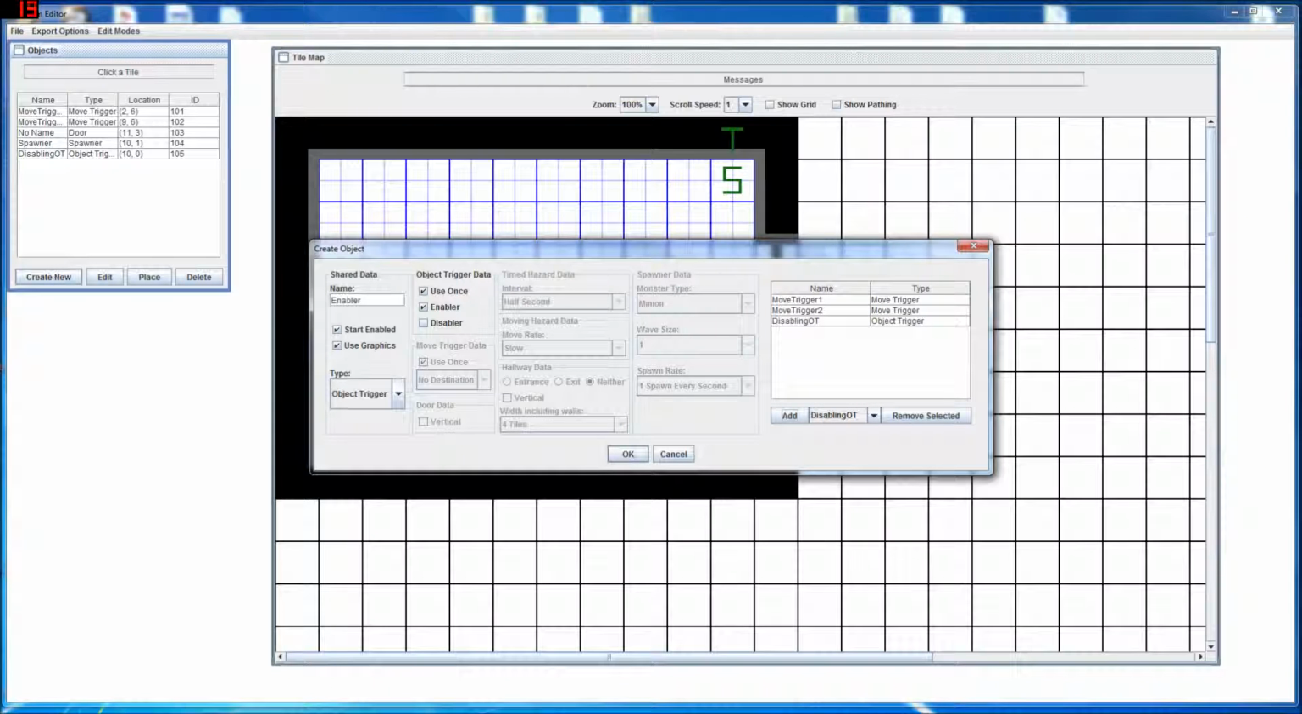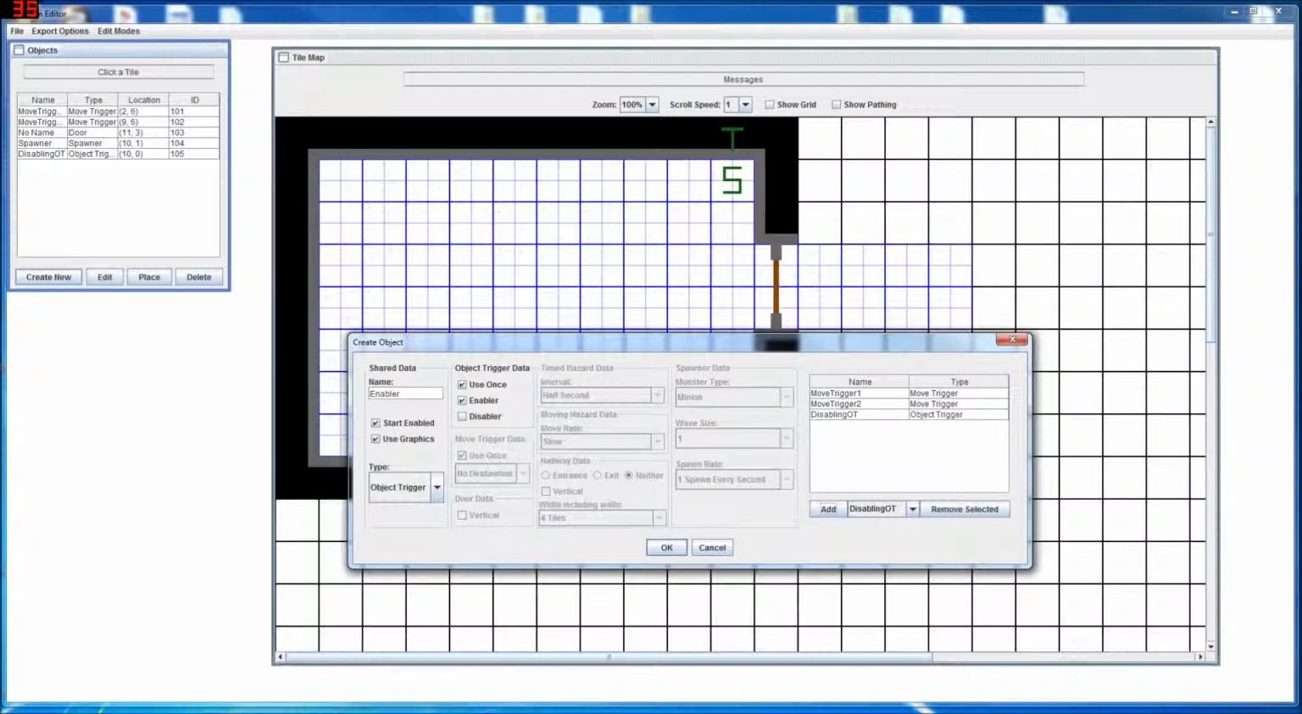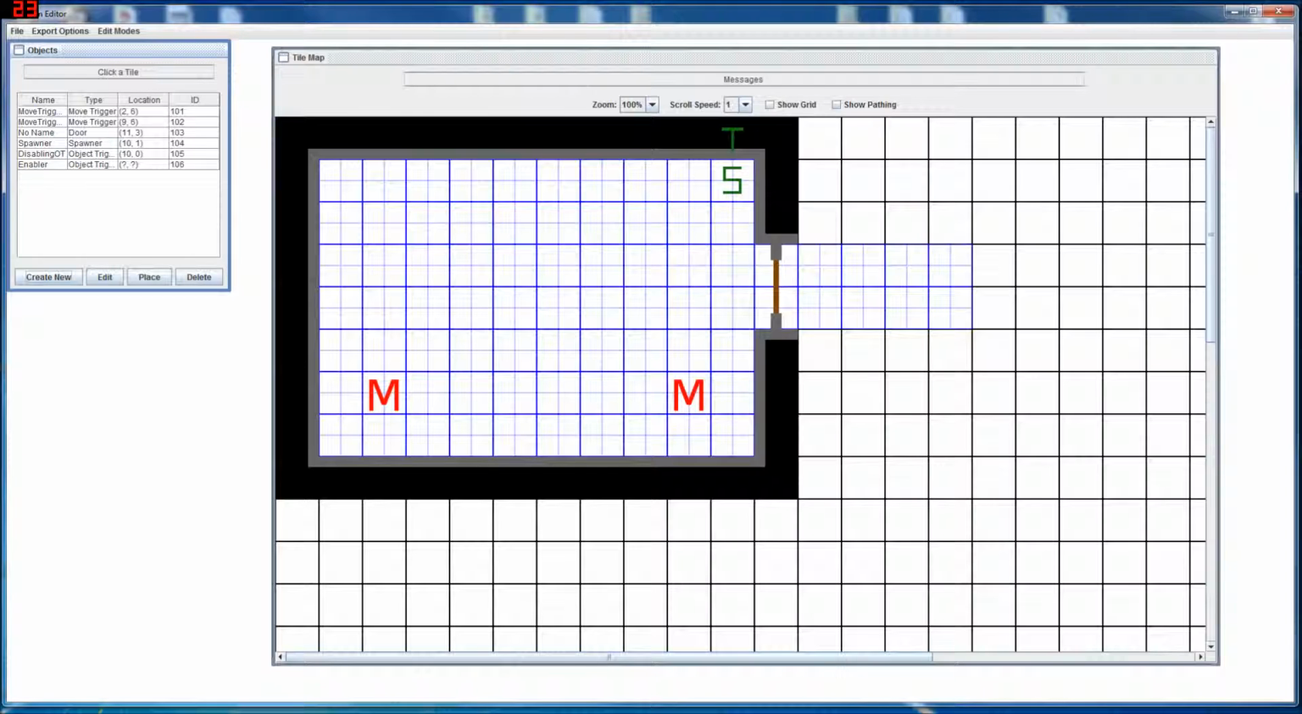So this one will turn on 3 objects, the 2 move triggers and the door. It will also tell the disabling object trigger to activate, which will then disable everything in its activate list and thereby turn the spawner off. And so by hitting the trigger in the middle, it allows the player to change the aspect of the room, maybe complete a goal or a task, and move on into the next portion of this